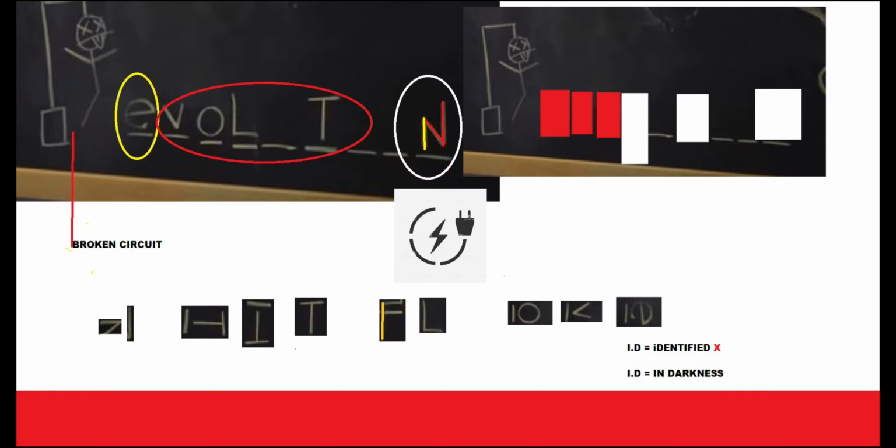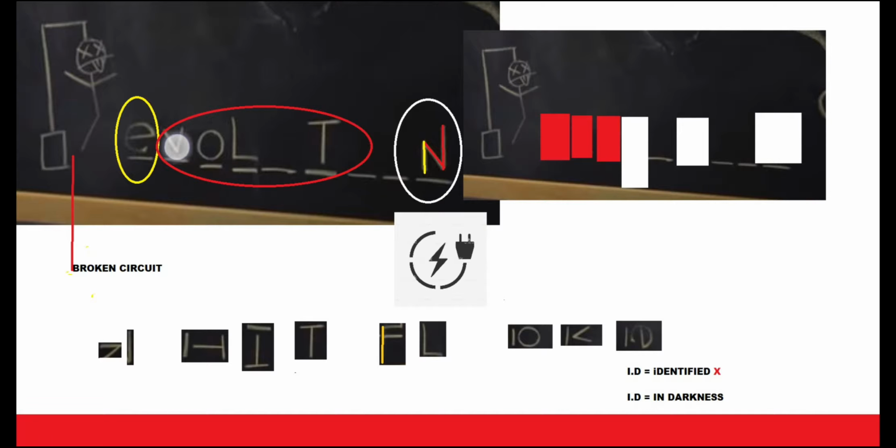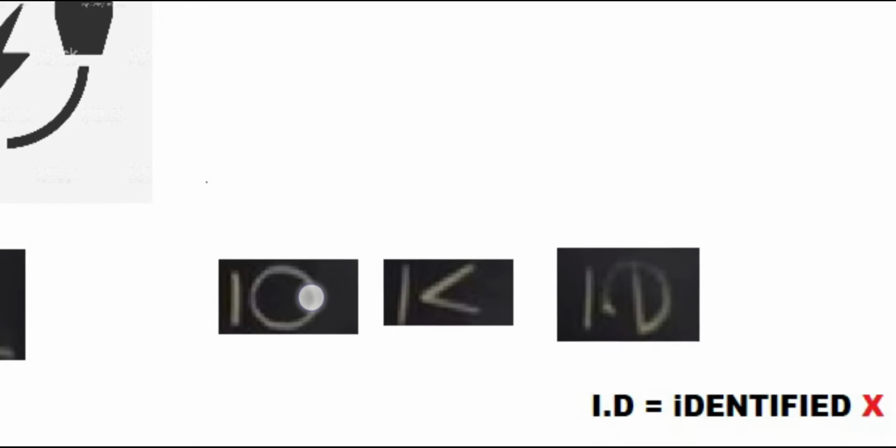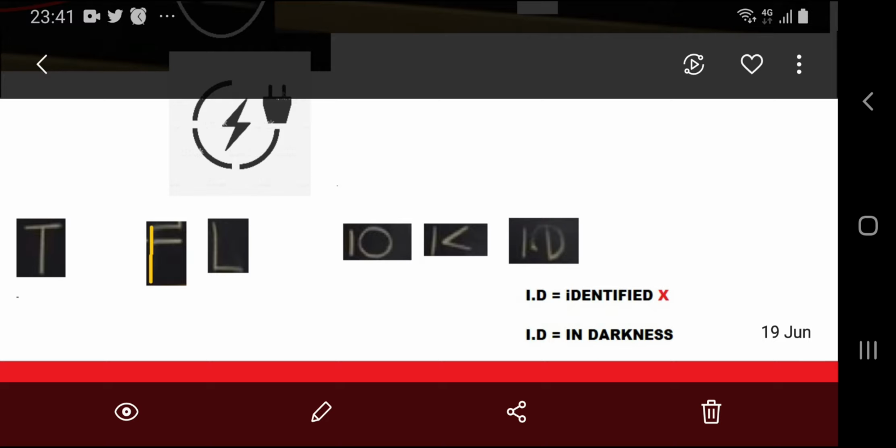The next letters along would be 0, V, and E. At least that's what it appears to be. But to me, I cut out the letters and the space bars beneath them because they're drawn so close to the letters. And what I get from that is the number 10, the letter K, and the letters I and D, with the tail of the D fading out but coming back in at the end, so it looks like an I dot D. Now I've interpreted that in previous videos as meaning identified, 10K, which would be 10,000 identified,